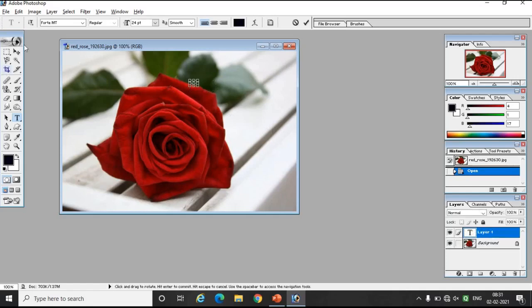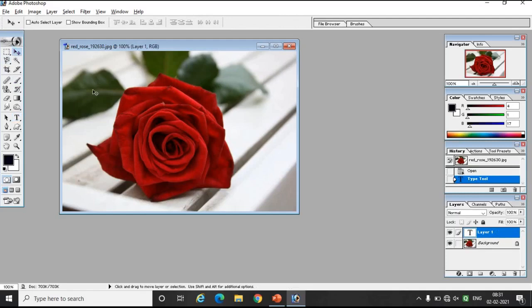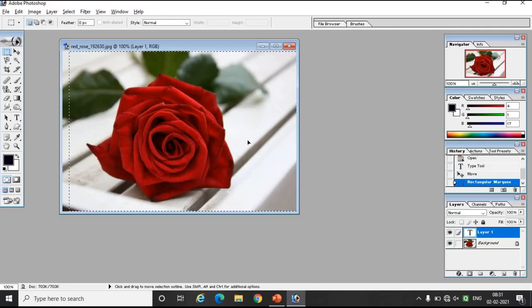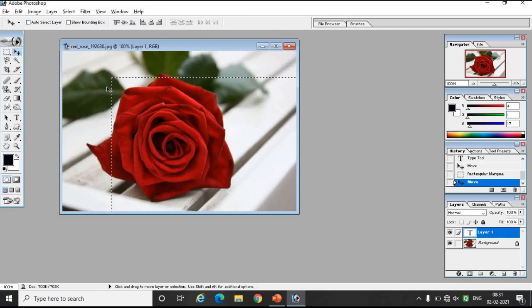There is no color. When we move this image, and I will move this image, just hold on, I have taken the text box by mistake. So I will move this image. First, let me select it completely. Okay. Now I have moved this image with the help of the move tool. So here you can see that again one layer is created. As I clicked over here, again one layer got created over here.